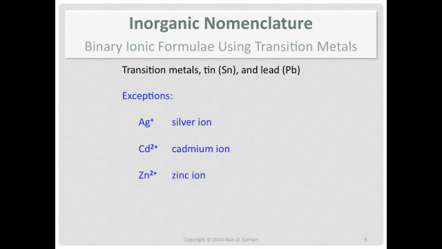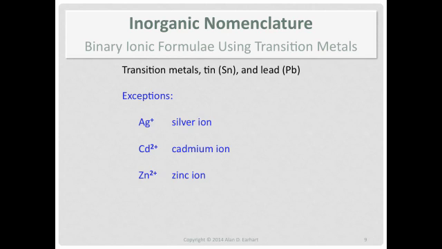With these three exceptions, these seem to be the pretty common exceptions across textbooks. The silver ion has a positive charge on it, so we're not going to worry about a silver 3 ion. Cadmium and zinc ions both are commonly found with a 2 plus charge on them. So you have to commit these three to memory. Now, there are some differences across books and across instructors, so you need to make sure and follow the rules as laid down by your instructor.